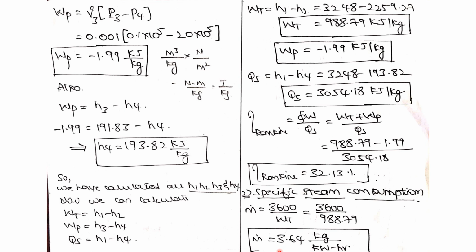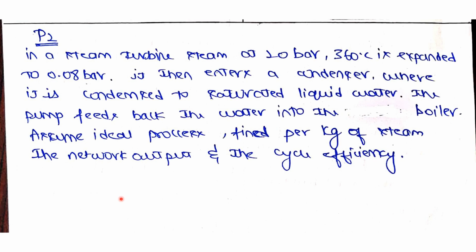So this is the way you must calculate the efficiency and the steam consumption of Rankine cycle problems. Remember, Rankine cycle problems are always dealt with enthalpies, so you have to be very confident on the different regions: how to calculate enthalpy if it is in the wet region, in the vapor line, in the liquid line, in the subcooled region, in the superheated region. If you know all these things, the problems become very easy. Try this problem, which is very similar to the one we just discussed, and if you have any doubts, please contact me.